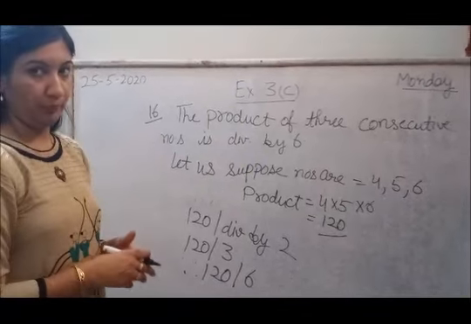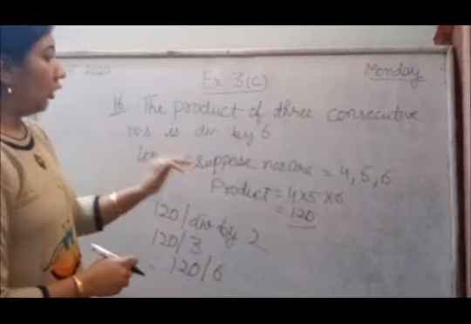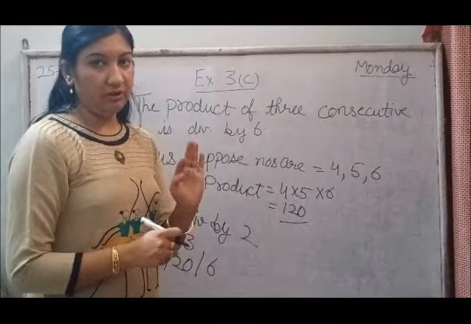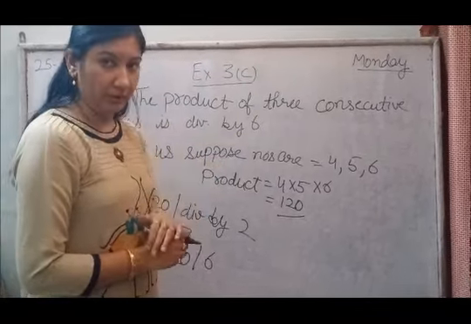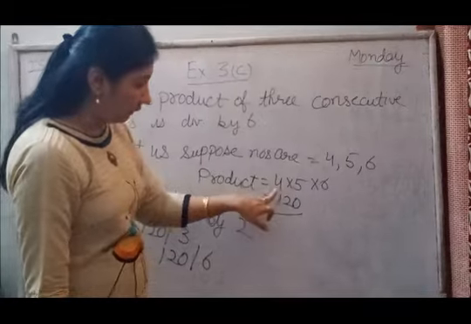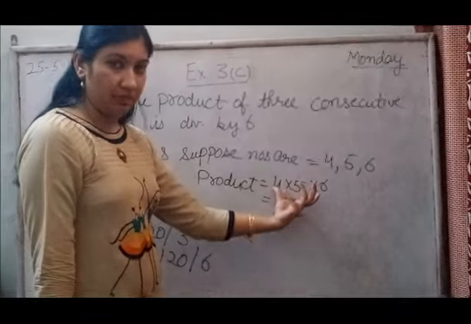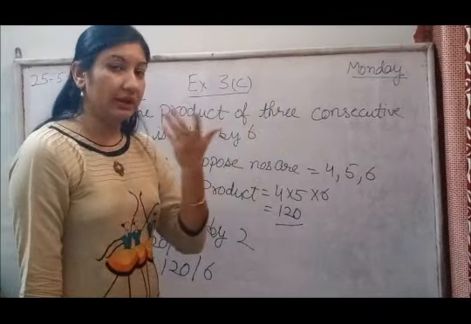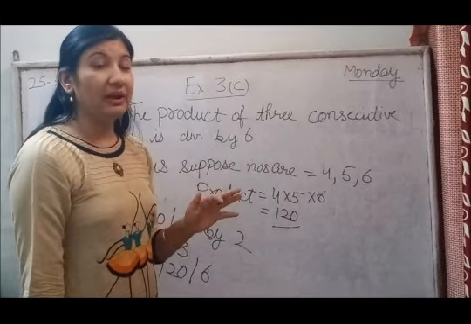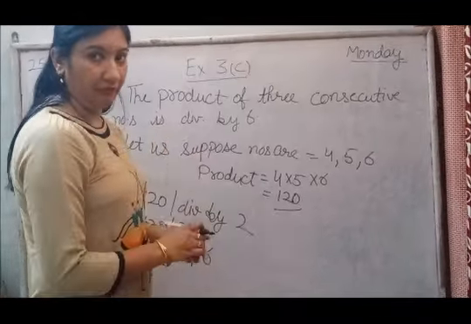Why is it so? We have given the example. Whatever they have asked, we have given the example. Why? The product of 3 consecutive numbers will always be an even number. If any number is even, then that number will be divisible by 2, and that will be a multiple of 3. Why? Because we have taken 3 numbers in sequence. If you are taking 3 numbers in sequence, after every 2 numbers, the third number is coming on the table of 3. So that will be a multiple of 3 also. Means the number is divisible by 2 as well as 3. So it will be divisible by 6 every time.